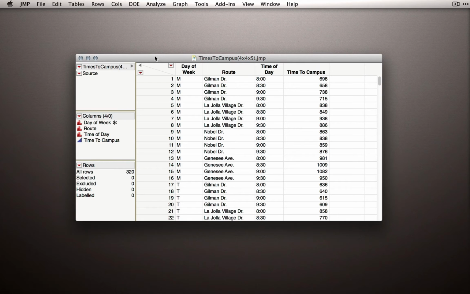In our times to campus 4x4x5 dataset, we have the factor of route with 4 levels, the same ones we saw before, 4 levels for time of day, the same times we saw before, but now we have a new factor with 5 levels, so day of week. And our interest will be, of course, in whether there are route effects, time of day effects, or day of week effects,